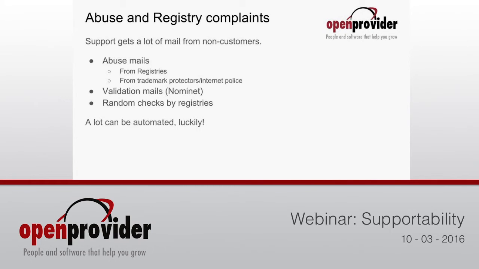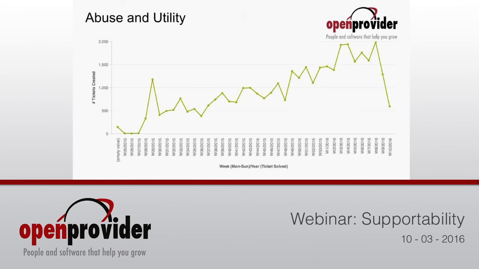Earlier, Alfredo told you about Christian, who does our abuse and utility email. It's actually interesting to look a bit further into this, because we get, of course, a lot of email from our customers, but also a lot of email from non-customers. So these are registries or third parties or trademark protection agencies, can be anything. And they mail us to inform us there's a web shop on a website that's illegal, or the contact data seems to be outdated, or whichever. What we see is that the more we grow, the more domains we get, naturally the amount of abuse and complaints that we get also increases. I actually have a small chart for this.